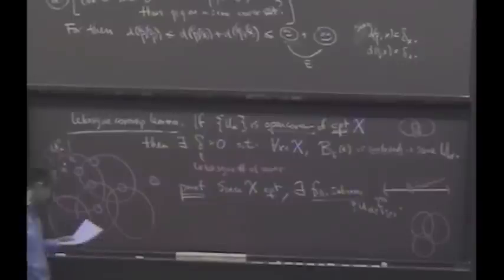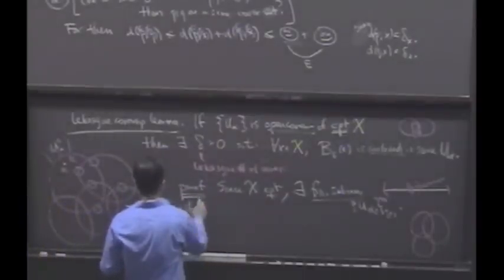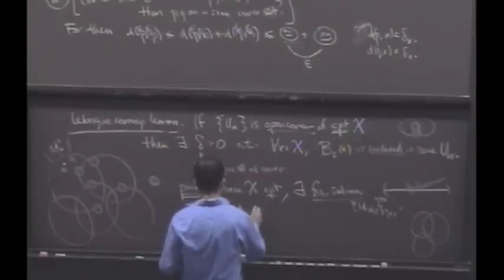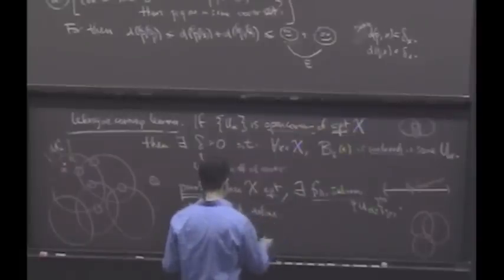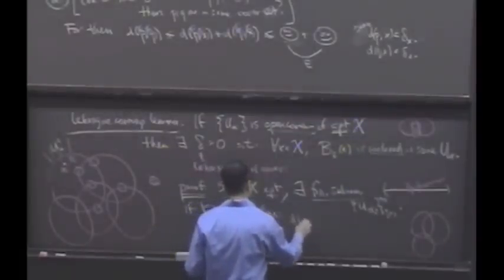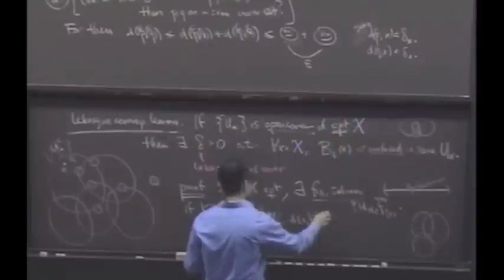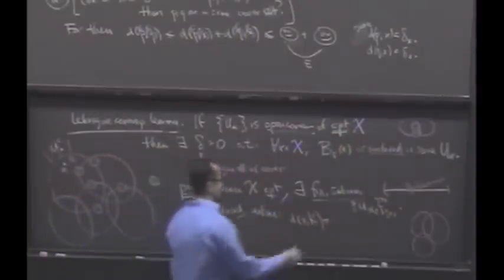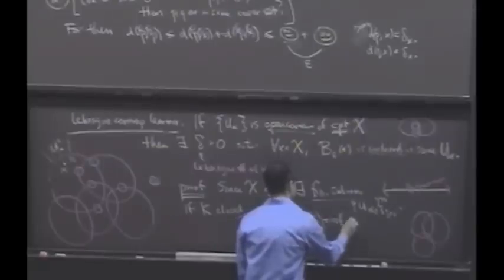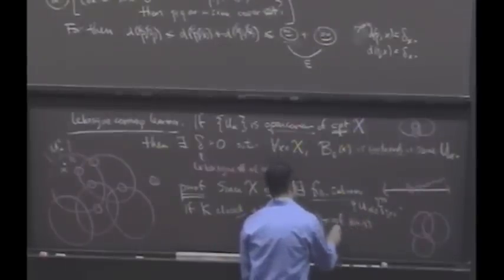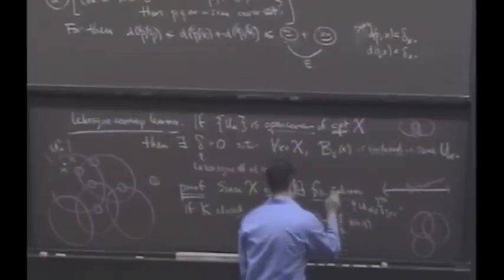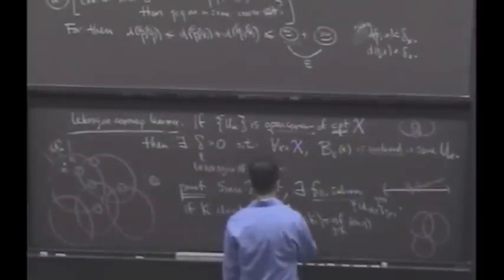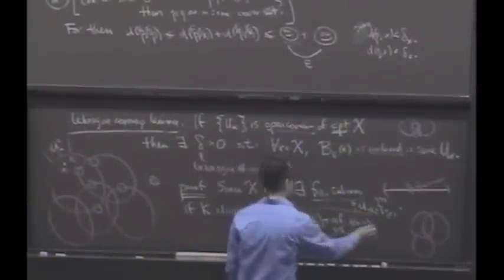Let's make a definition, and I'll convince you that this actually makes sense. Would you agree if a set K is closed, you can't stop me from defining a notion of distance between x and K? How about this? The distance between x and K is the infimum of all distances between x and y, where y is in K. Now, what can I say about this distance notion?